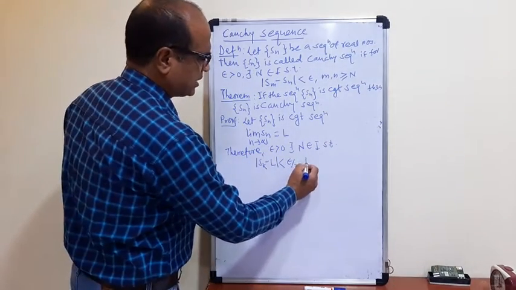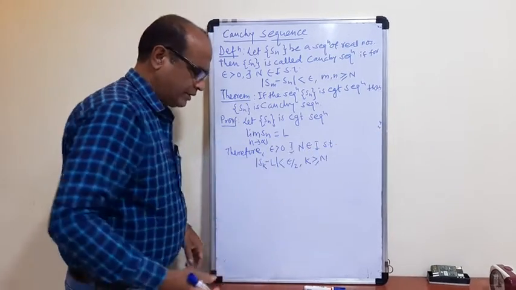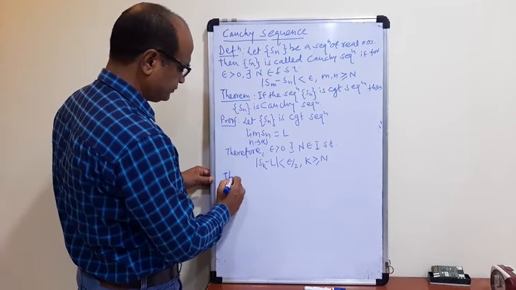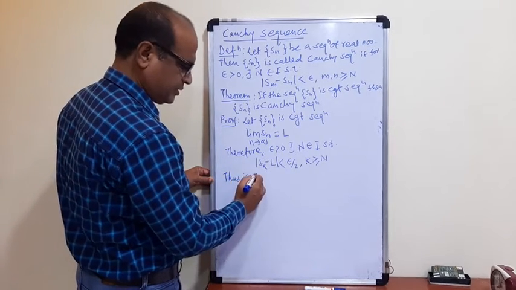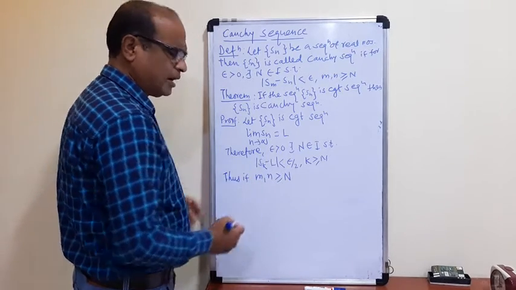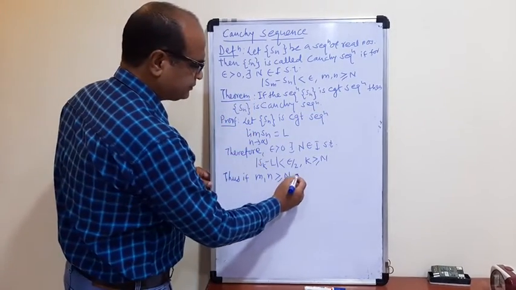So here k is greater than or equal to n. Thus if m, n are greater than or equal to n, we take m and n as two integers greater than or equal to n, we have